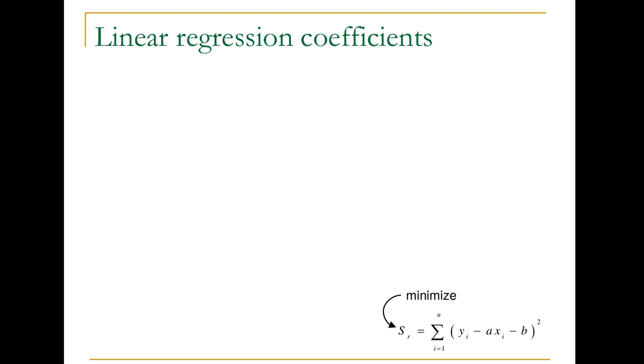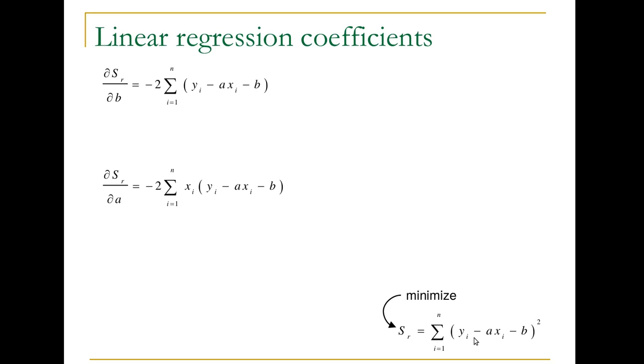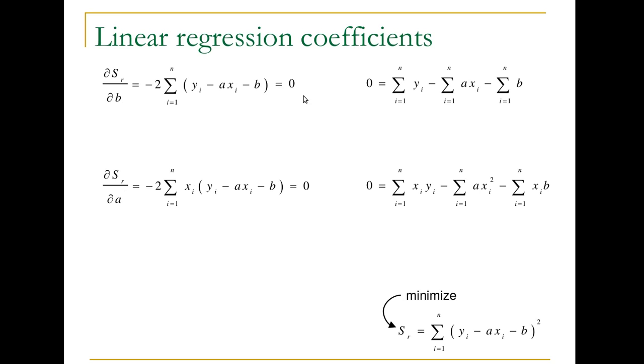In order to get the coefficients for our fit, we want to minimize the error. And the way we'll minimize that is to differentiate our cost function. So we'll differentiate the cost function with respect to our coefficients: the partial derivative of S sub r with respect to b, and the partial derivative of the cost function with respect to a. Set those equal to 0, and we will find the minimum value for our cost function